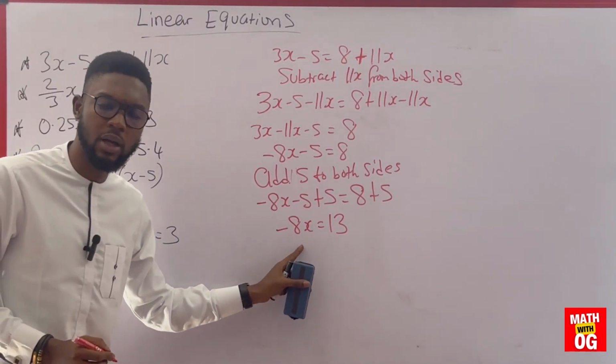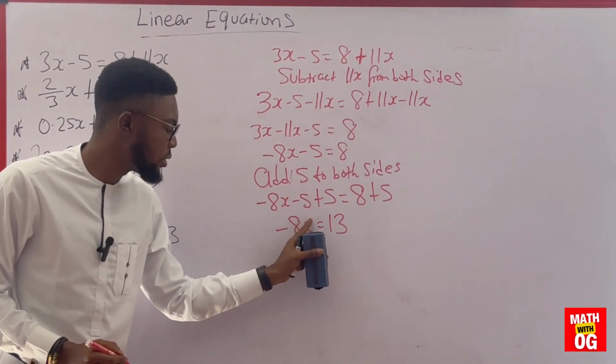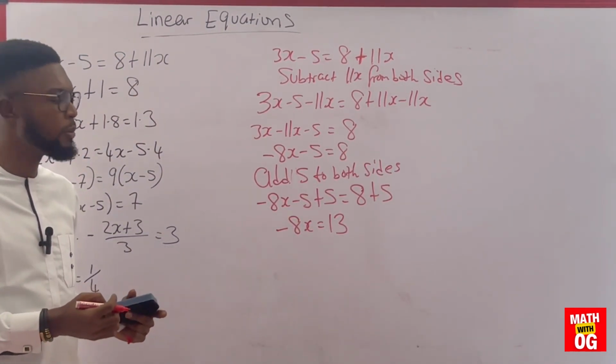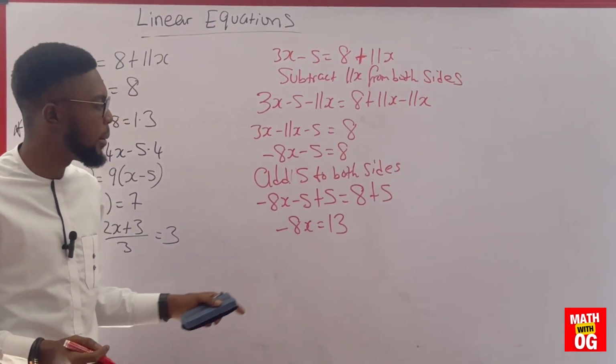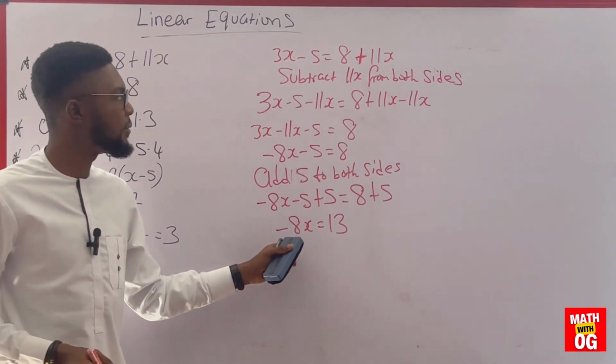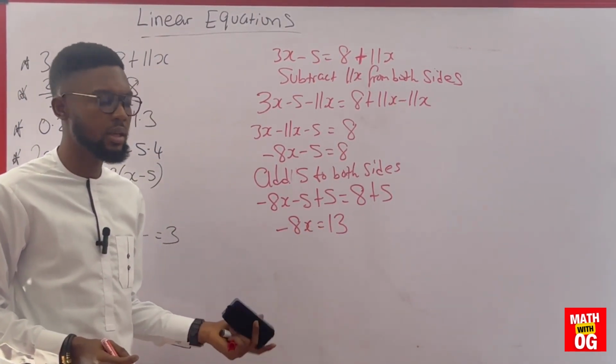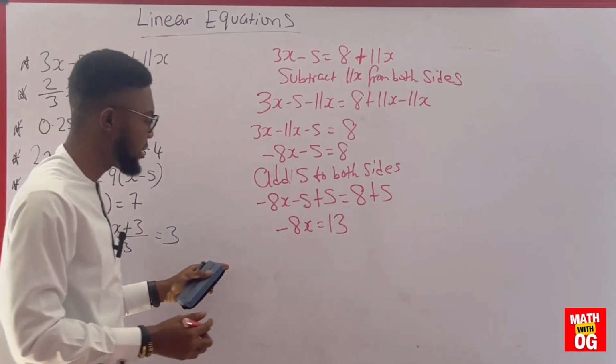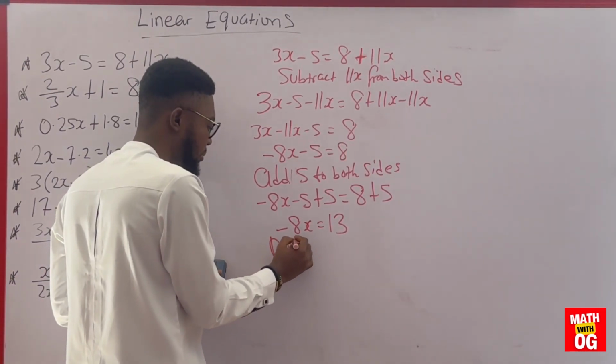Now we are looking for x. Now to make x stand on its own, I will have to get rid of minus 8, and there's only one way I can get rid of minus 8 is by dividing here by minus 8. And whatever I do to the left hand side, you must do to the right hand side. If I divide here by minus 8, I should also divide here by minus 8. So I can say divide both sides